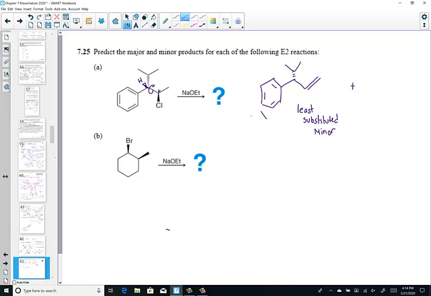I'm going to just come down here so you can see. This is your beta carbon. Right now I have a wedge on the hydrogen. I have a dash on this isopropyl group leading down to the chlorine like this. And then down here is your phenyl group. And I'm just going to write Ph, and you'll know that that's the aromatic phenyl. So as we spin,